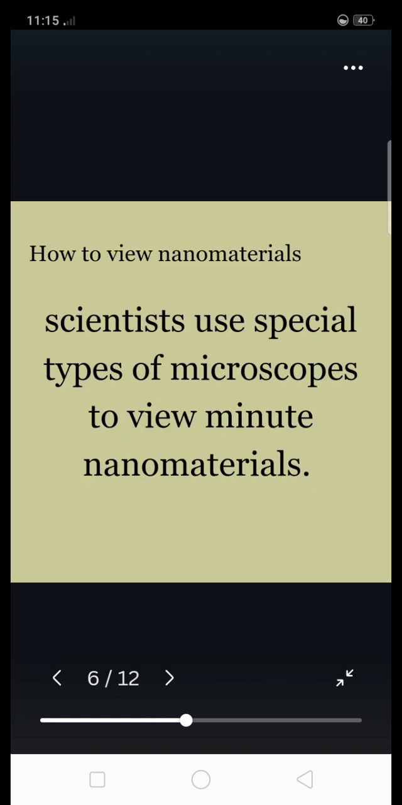How to view nanomaterials? Scientists use special types of microscope to view minute nanomaterials. During the 1930s, scientists used electron microscopes and field microscopes to look at the nanoscale. The scanning tunnel microscope and atomic force microscope are just among the modern and remarkable advancements in microscopy. The first one is